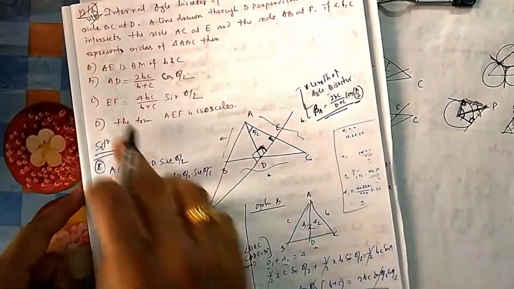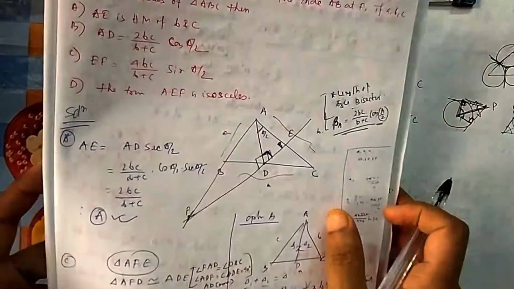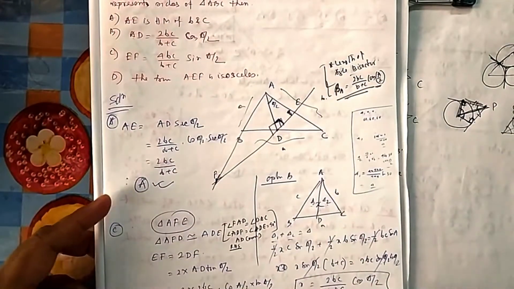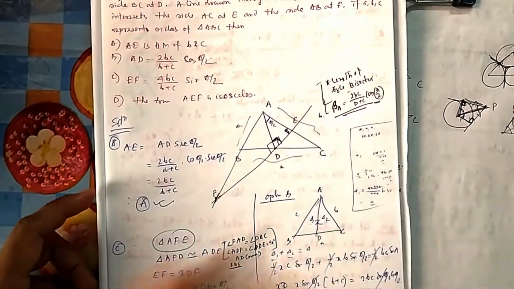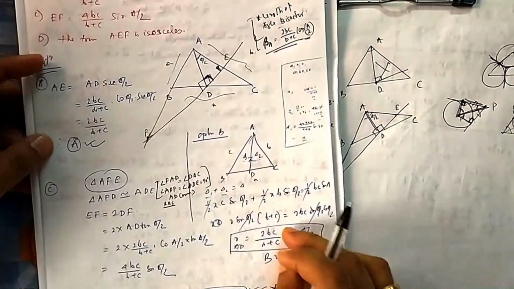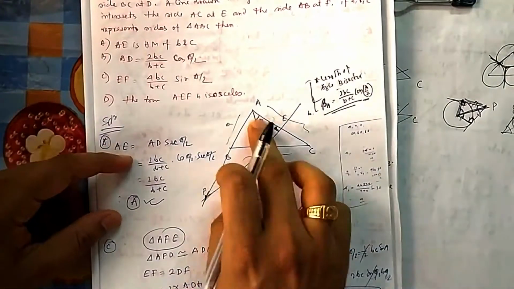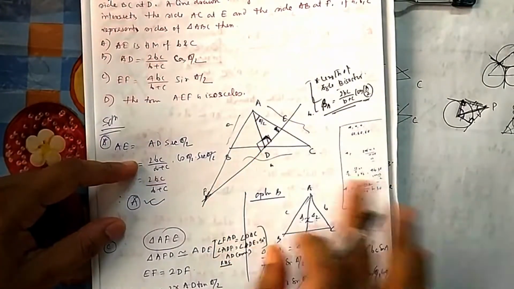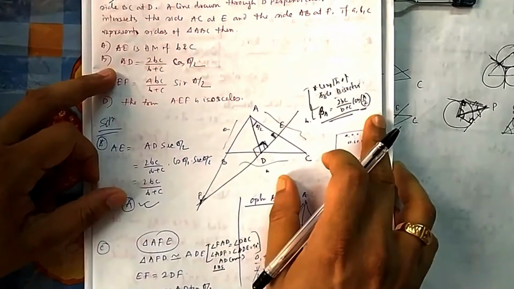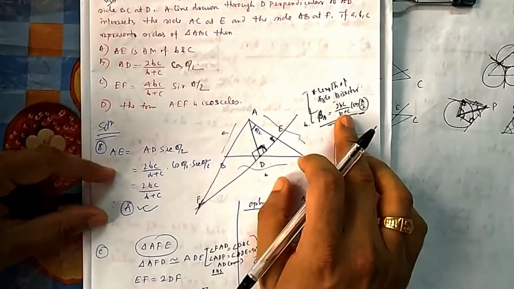So B is correct. This is a multiple correct option question, so you have to check all the options. Once B is correct, then let us start one by one, because this is the initial starting point. We need to find the length of AD, and we will be using this one. Because AD was there, we solved AD, and AD is a direct formula. You can also remember the length of the bisector.